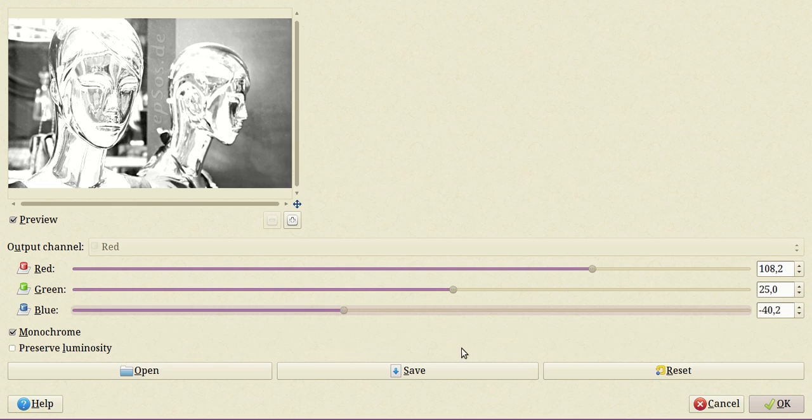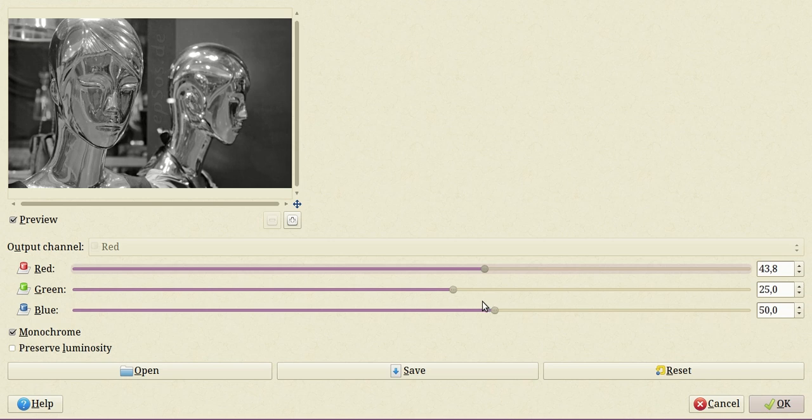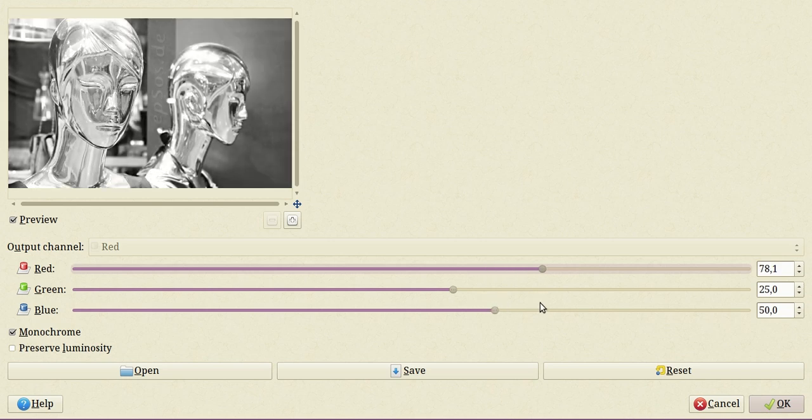Can go for actually 50 in here, and then less of the red. Let's go for 70 red here. As you can see, you can set up the numbers manually, or here with these little push buttons, and then you can more of the greens. Let's go for 50, and then the